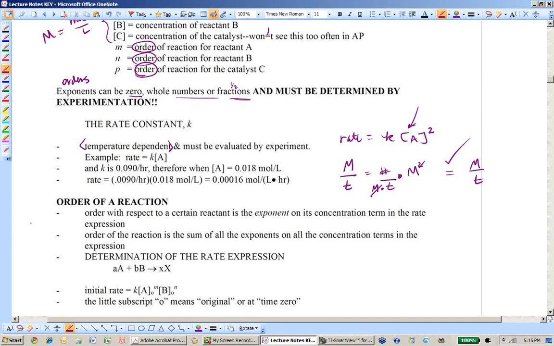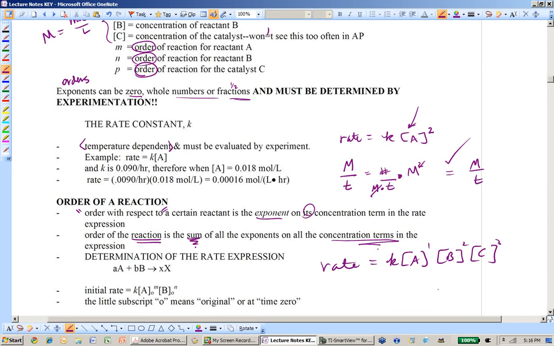All right, so we've talked about the order of the reaction. There is an overall order, so this is the lingo you have to master. The order with respect to a certain reactant, reactant A, hydrogen peroxide, nitrogen monoxide, is the exponent on its concentration term in the rate expression. The order of the reaction is the sum of all the exponents on all the concentration terms in the expression. So if I had A, B, and C, 1, 2, and 3,